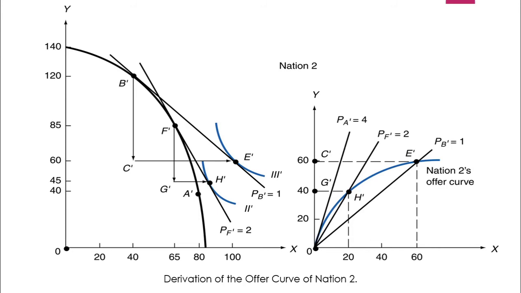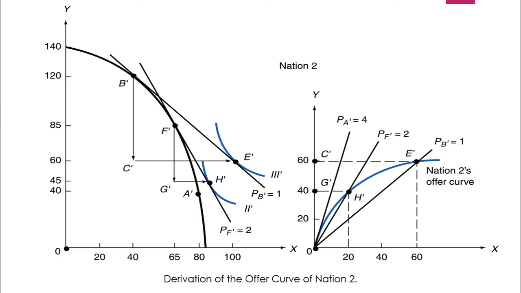Here also you can see the production possibility frontier, and when the terms of trade is PB dash is equal to 1, B is the point of production and D is the point of consumption. So you can see that nation 2 is initially exporting 60 units of commodity Y and importing 60 units